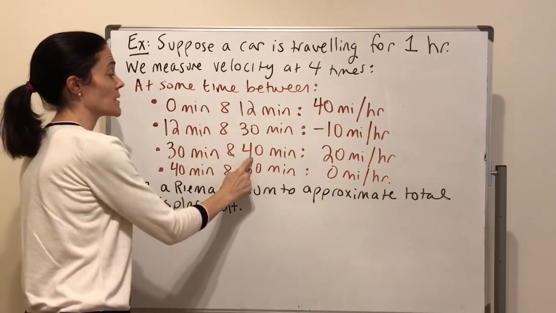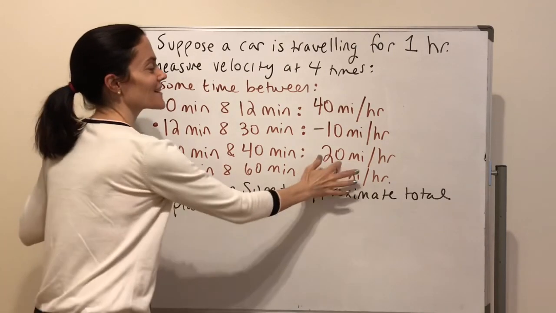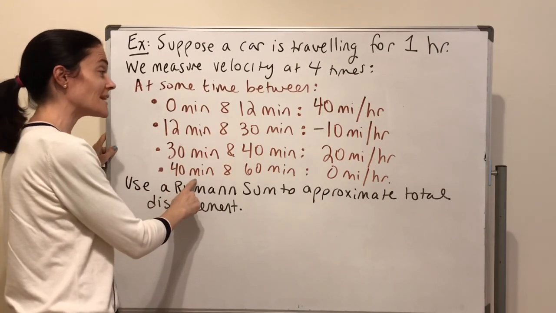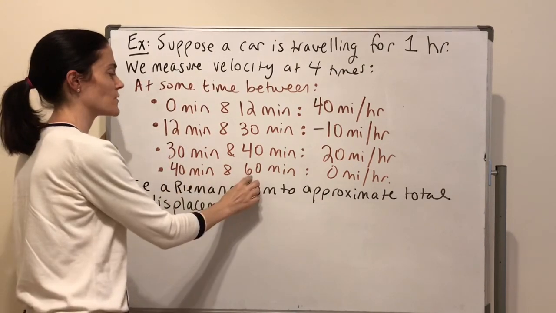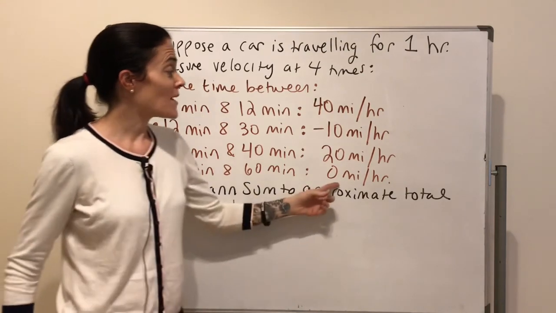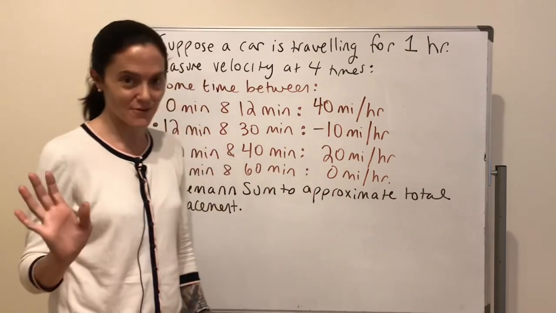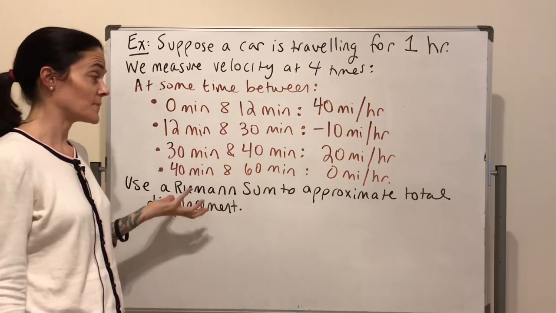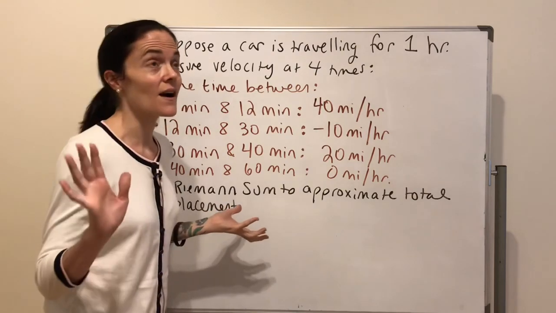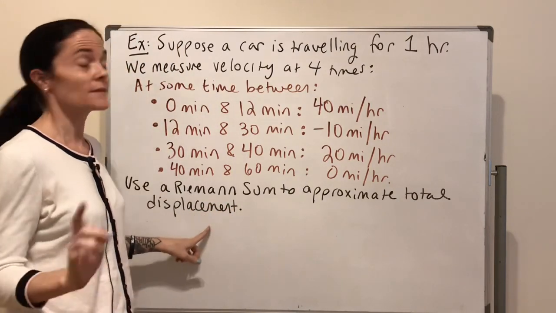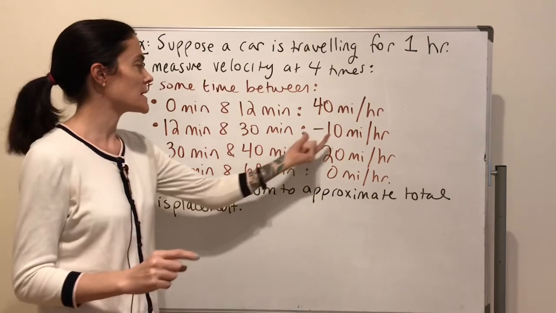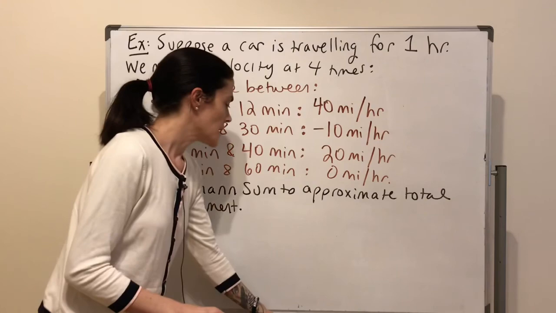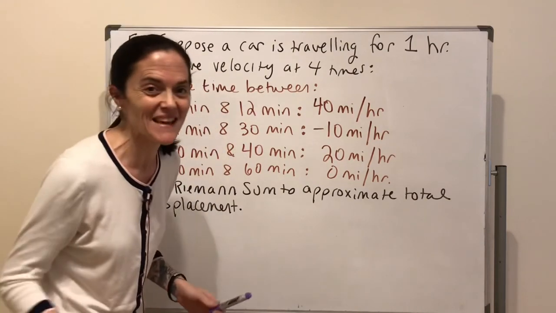At some point between 30 and 40 minutes, the car is traveling 20 miles per hour. And then finally, the last measurement at some time between 40 and 60 minutes, well, you see the car is stopped, 0 miles per hour. And we want to use a Riemann sum to approximate total displacement. And just to add as a comment here, this will not be the same as distance traveled because we do see a negative velocity. But before, well, I don't have a lot of space to work the problem, so before I do,